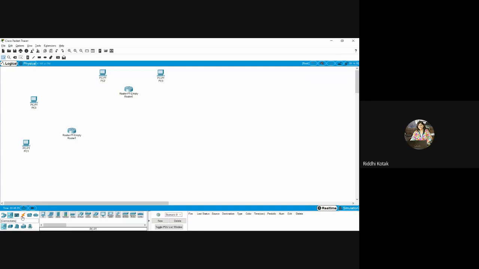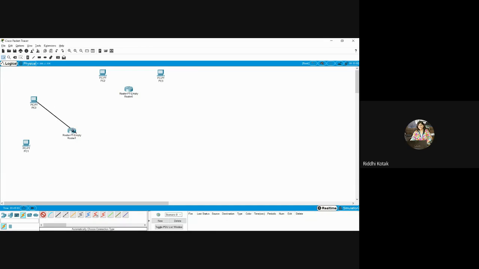So you just have to go to connection. Then over here it will give you many options, like this is a fiber optic cable, and coaxial cable and twisted pair cables are also available, right? Different cables are available, but right now we are just demonstrating, so we can use this automatically choose connection type cable.